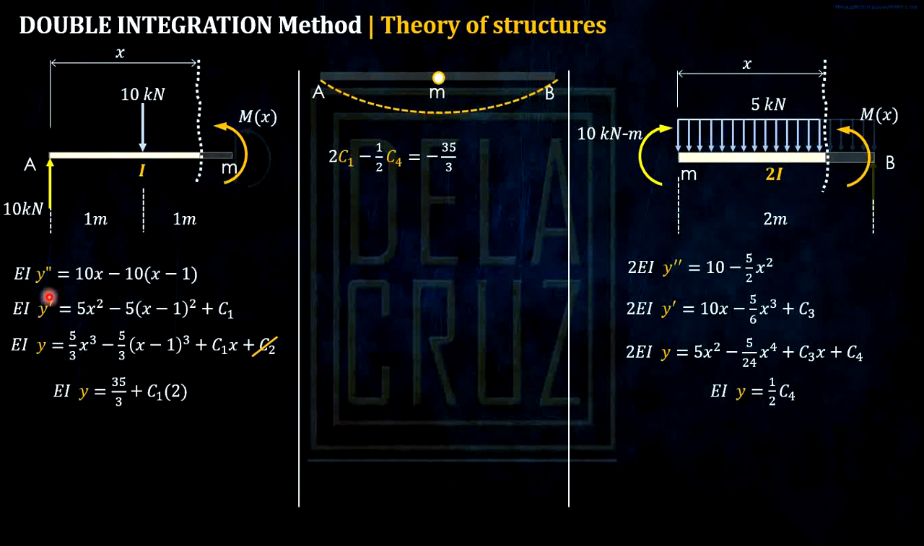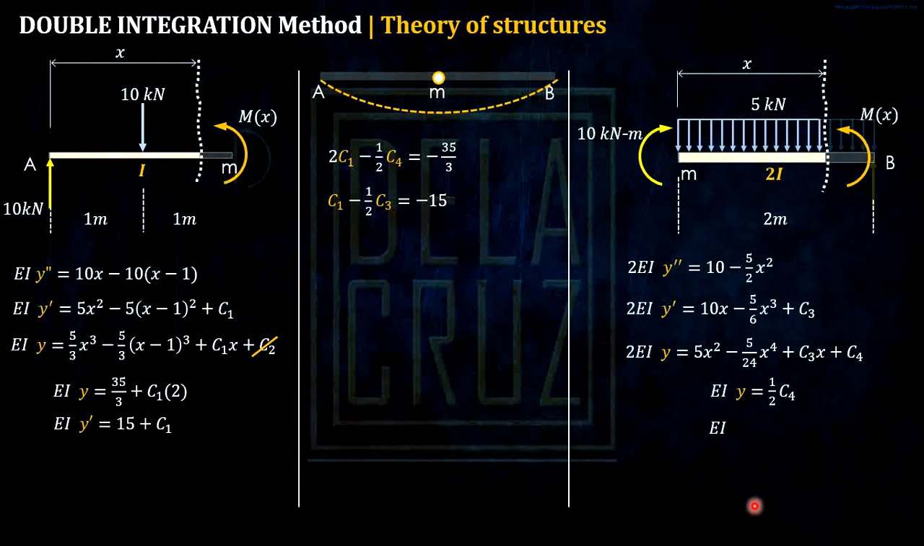So, using the slope formula, when x pa rin is 2, and substituting to this slope equation, that will be y prime. So, this whole thing here is 15 plus C1. And looking at the right side naman, when x here is 0, and using the slope formula here,